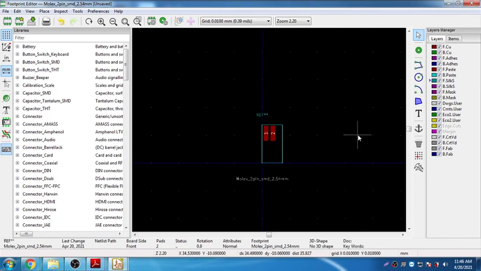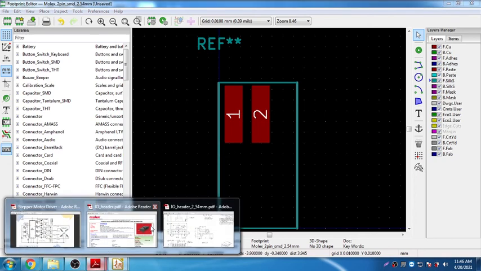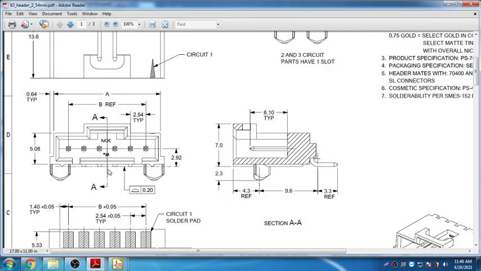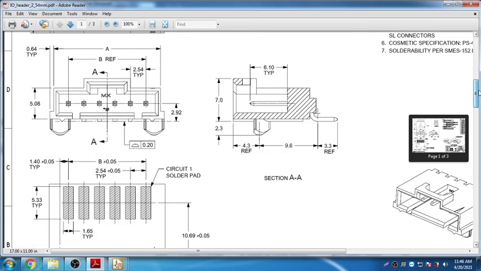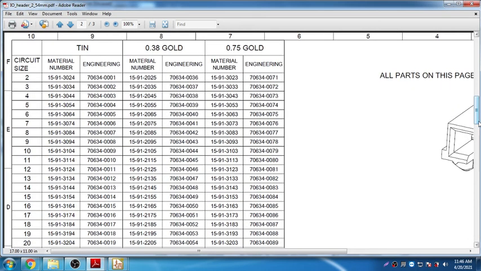Now see, two pads I could place. So in this schematic, what is more important is these two gaps. These two gaps are very important, because we are not sure from this point what the gap in the circuit is. If you look into the diagram here, it is 1.4 mm from the outer side, but some dimensions are missing.